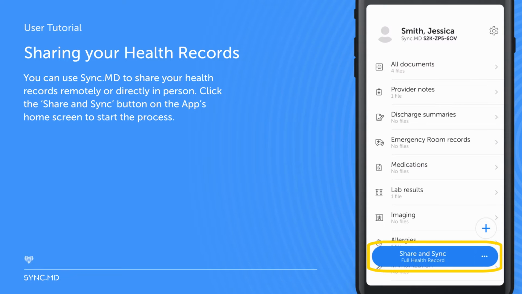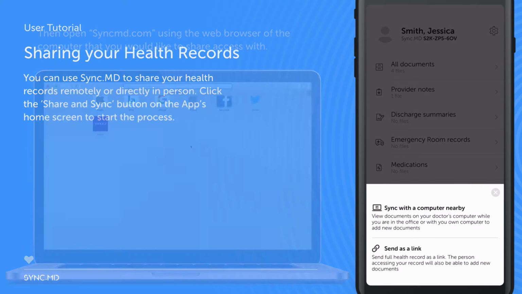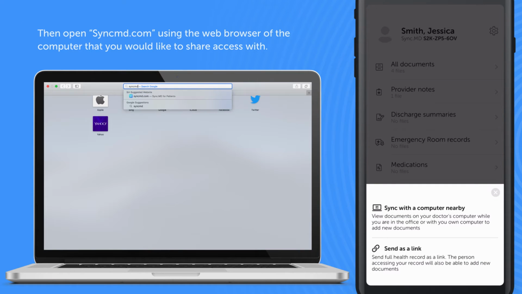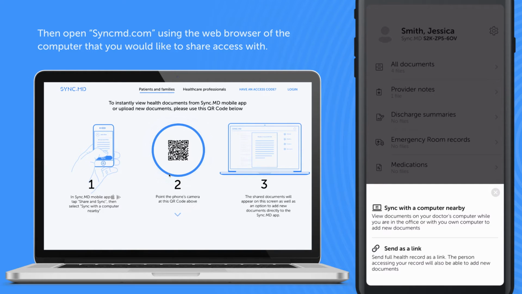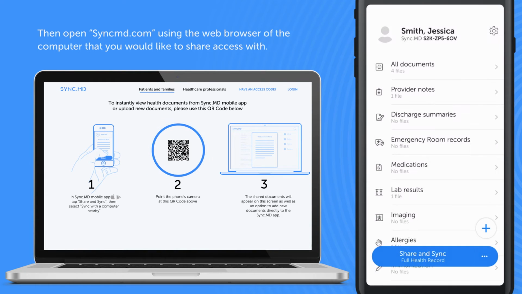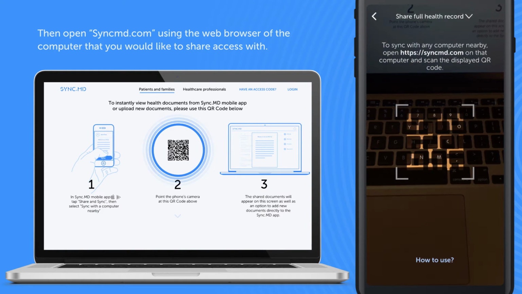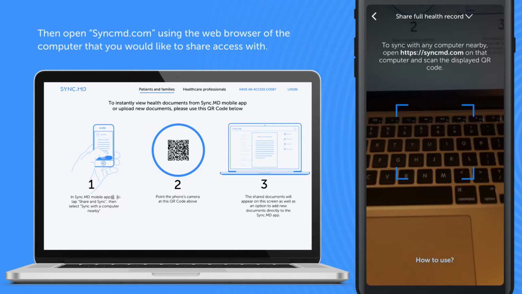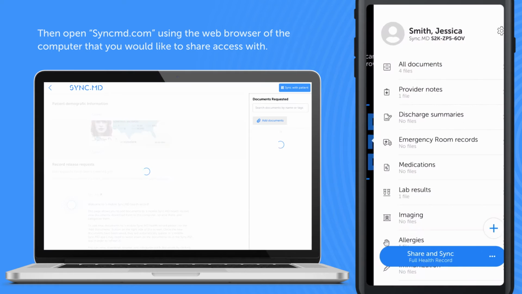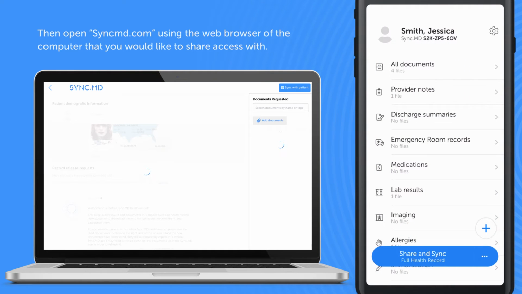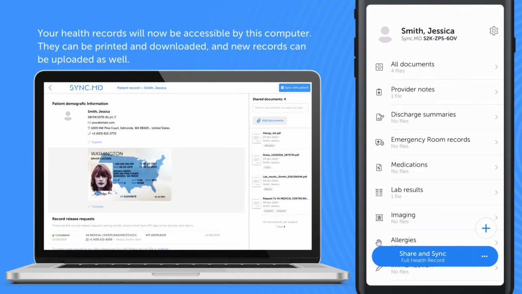Click the Share and Sync button. On the computer that you will be sharing records with, have their web browser go to syncmd.com. You will see a QR code on our homepage. Now click Sync with a computer nearby in the app and scan the QR code with your phone's camera. Once successful, this will automatically synchronize your SyncMD account with the computer and provide the user access to your medical